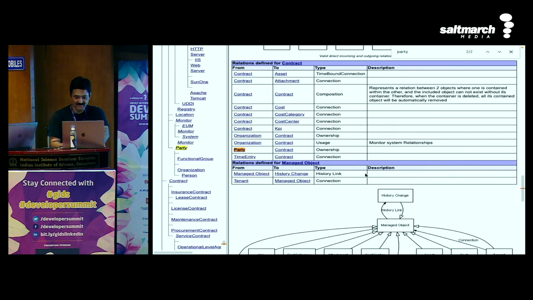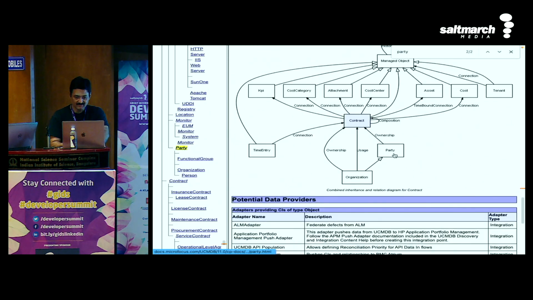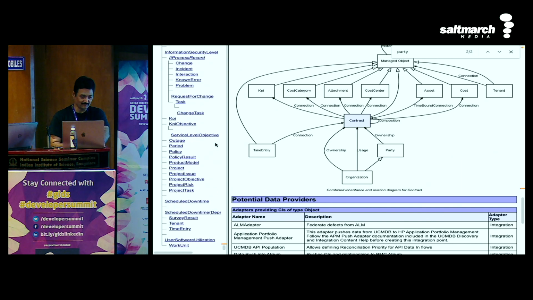A given contract, see this, is owned by a party, but it has a cost center associated with it. Attachments, you can do it. There are KPIs, there's a time entry for that cost center, yeah? So this becomes our contract as an entity when we are working on it. If you are defining a contract, I suggest you look at this model first. Make sense? That's the database. That's the third normal form you're talking about. What do I do in the third normal form? This is the way you're going to go in and actually use the system. So now you're creating third normal form properly. Okay? I don't want to go over all of them, but you get the idea.